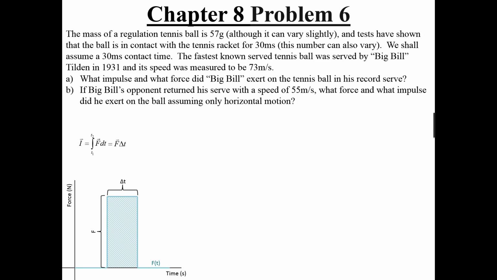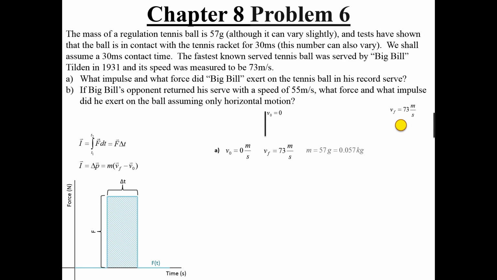Another definition we have is that impulse is equal to the change in momentum. Because the mass is constant, impulse can be defined as the mass multiplied by the change in velocity. In part A, when Bill sets up his serve, we are going to assume that the ball is not moving at all in the x direction, so the ball's initial velocity will be 0. After the racket exerts its force, the ball leaves with a velocity of 73 meters per second in the positive